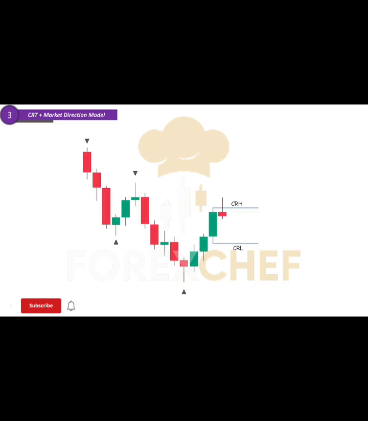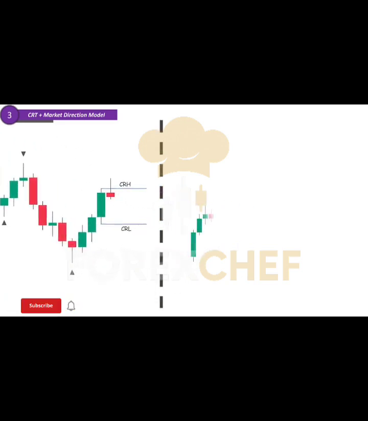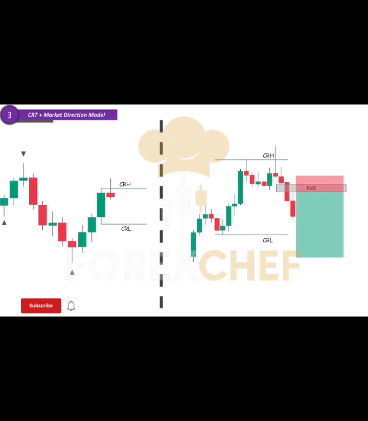with the bearish trend. To improve the entry, we zoom into a lower time frame and wait for a fair value gap to form right after the sweep. Then, we place our sell order at that gap and set the stop loss above it. Again, we can take partial profit at 1-to-1 and let the rest run toward the next major support or liquidity